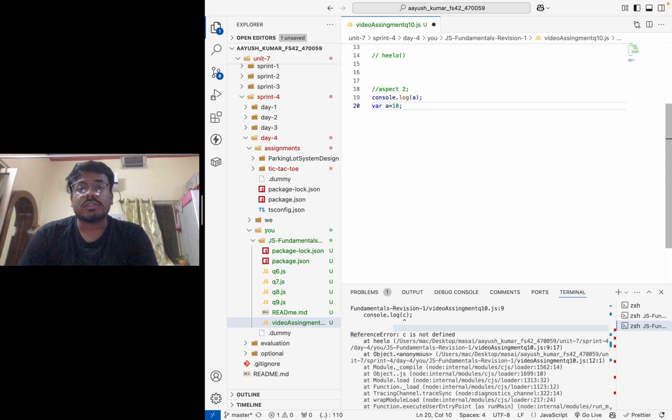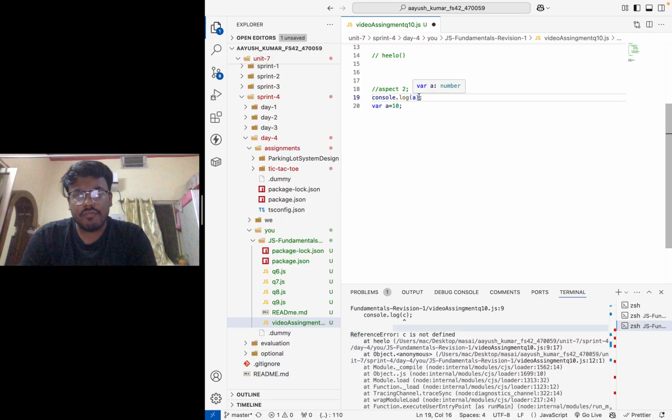Because var a is hoisted. It means it is initialized, but the value hasn't been assigned before calling the console.log. The console.log comes earlier than var a, so in console.log, a's value is initialized but not assigned. So it will print undefined.